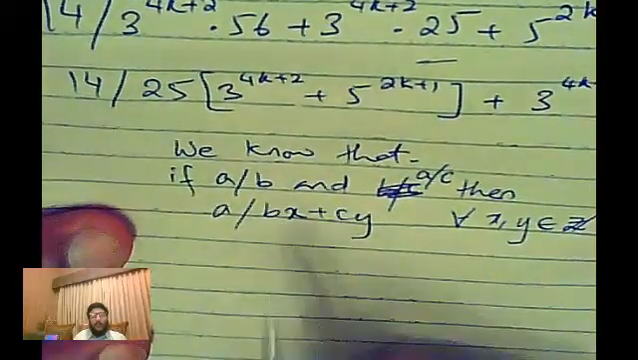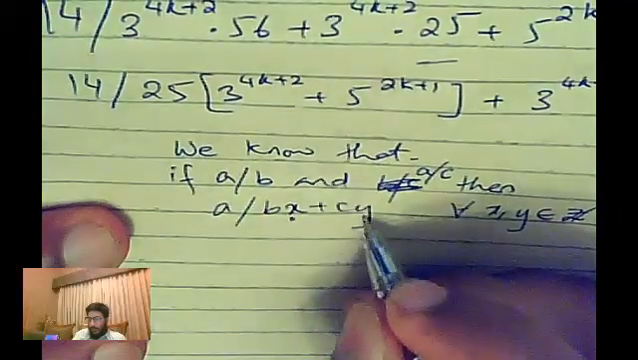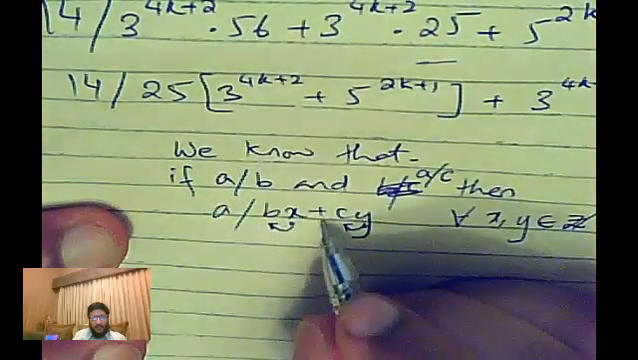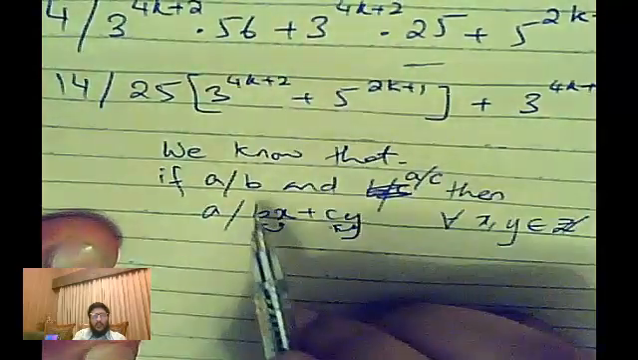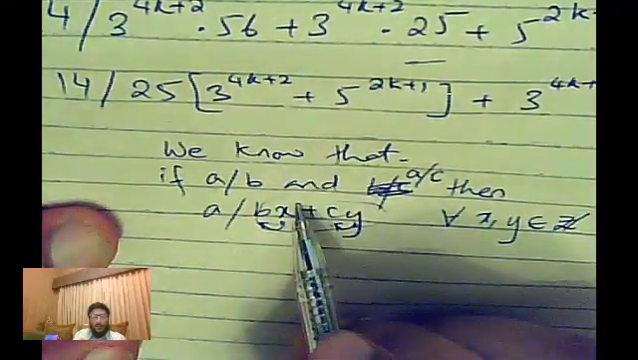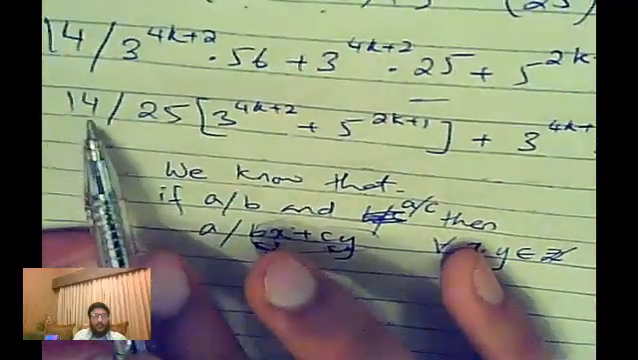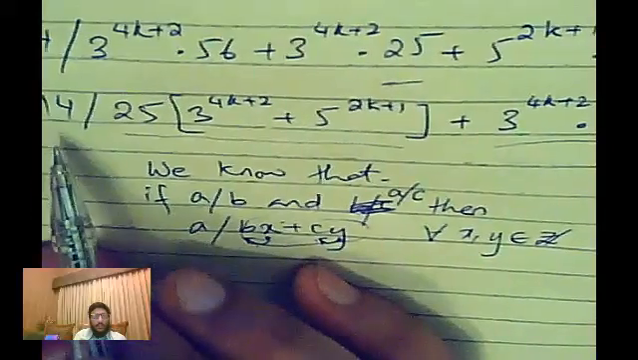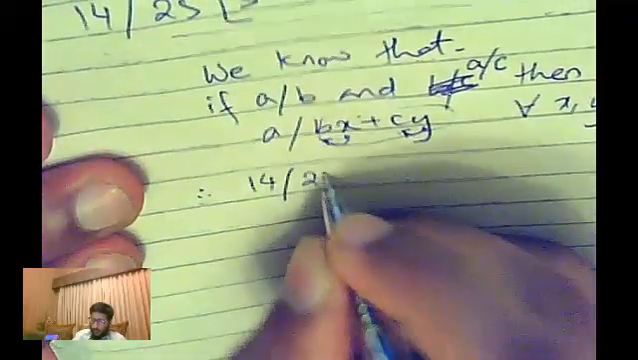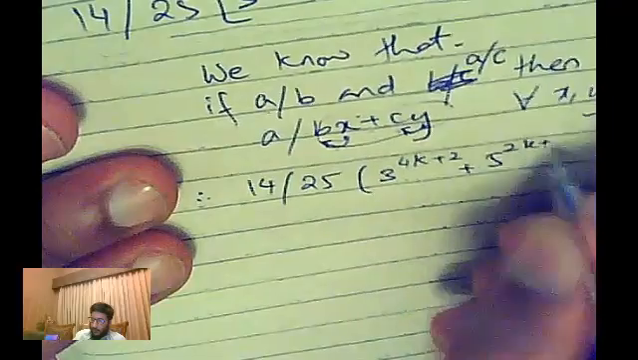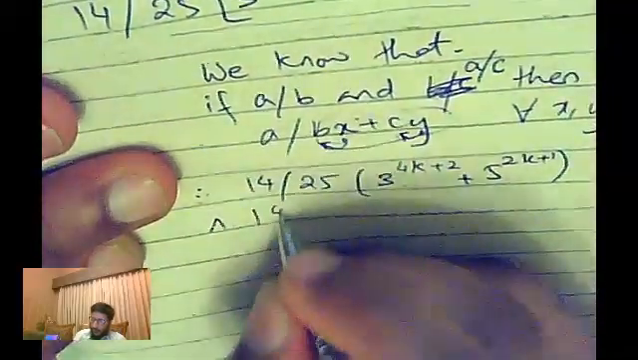In other words, if two integers are multiplied by two other integers and they are added, and those other integers are divisible by A, then A is divisible by all of this. This also means that if 14 divides this and 14 divides this, then 14 must divide all of this. Therefore, 14 divides 25 bracket 3 power 4k plus 2 plus 5 power 2k plus 1, and 14 must divide